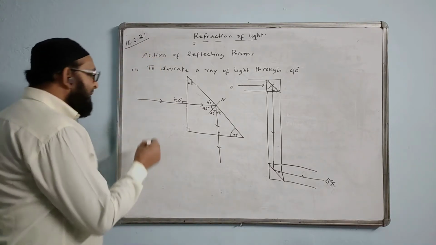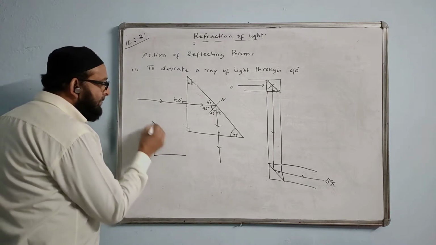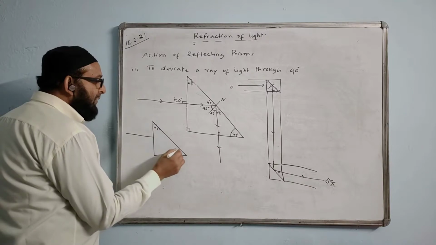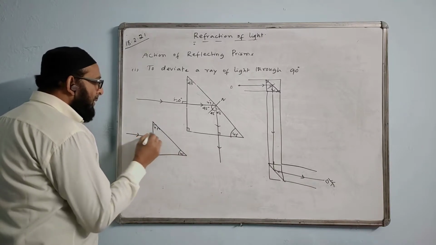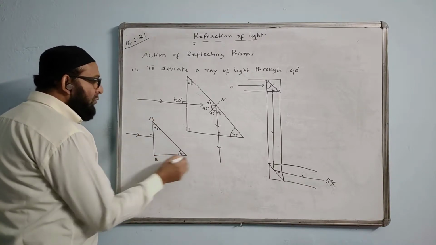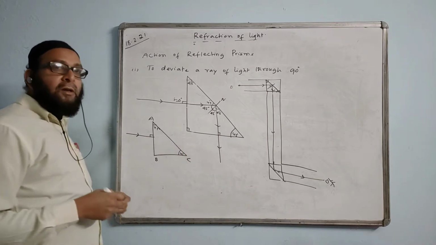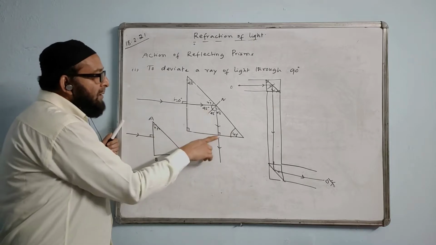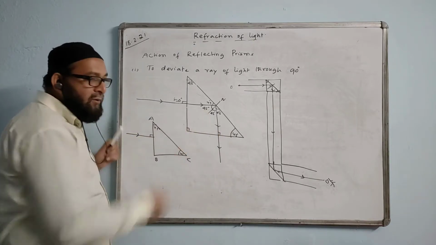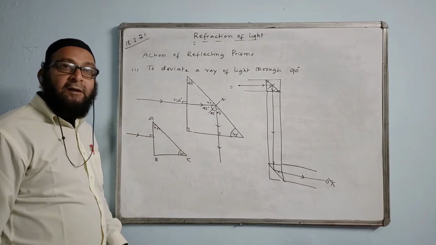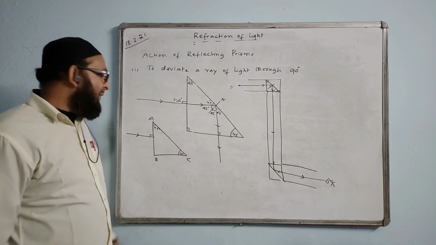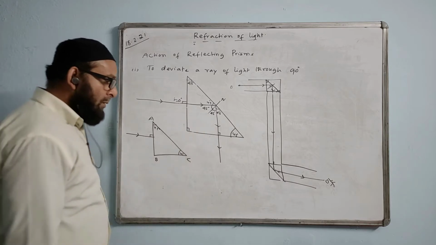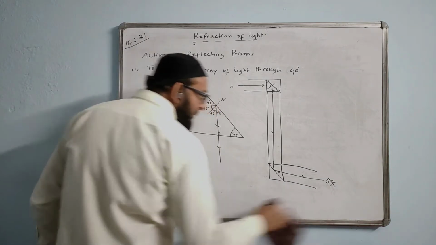Your question may come like this. They will just draw the incomplete part. There is 45 degree here, 45 degree they will write ABC, and they will ask you to copy and complete the diagram. Mark all the necessary angles of incidence. They will give mark i is 0, 45. Here also at i equal to 0 degree, that you will write. And they will ask you to name an instrument where this action of the prism is used. Then you say periscope. Hope you understood?